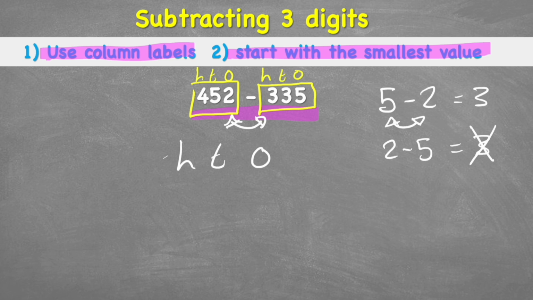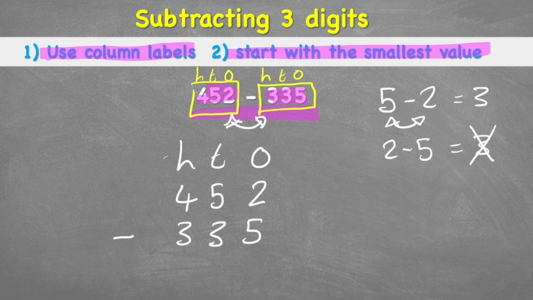Therefore, it's super important which way round we put these numbers in our question or in our columns. So the question reads 452 subtract 335. So that means I have to start with my 452 on the top and I'm subtracting